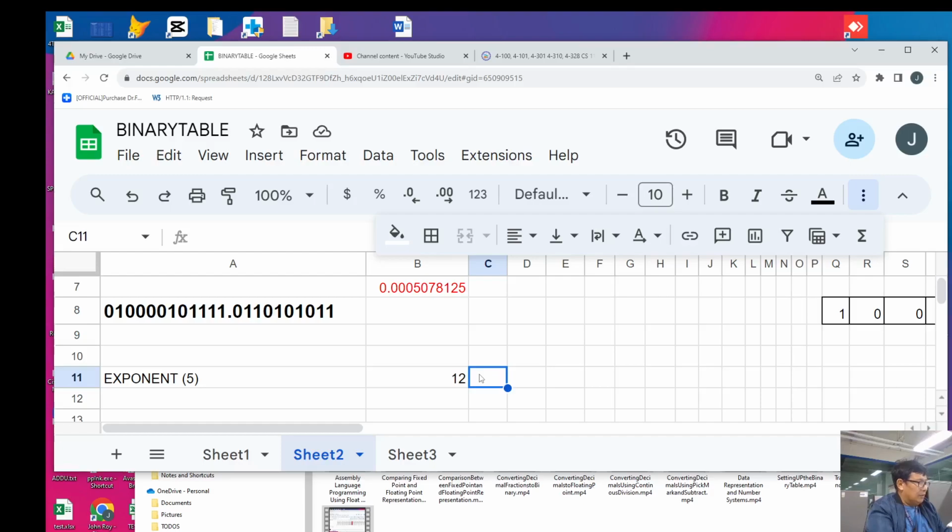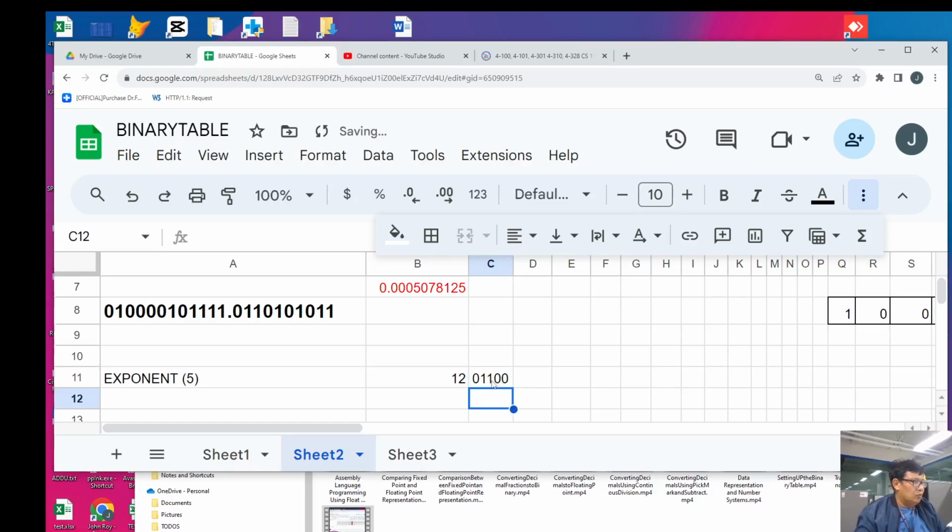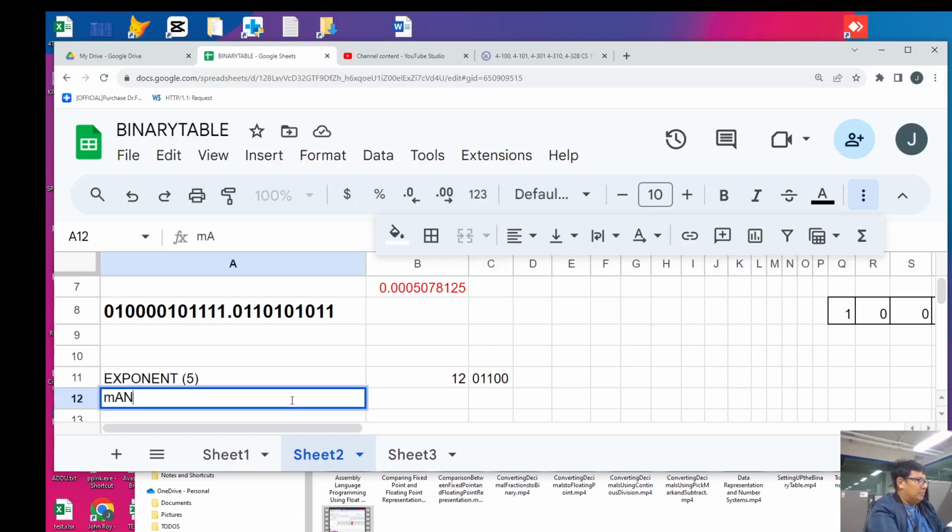And what will be the binary value in 5 bits? That will be 0, 1, 1, 0, 0. Is that correct? Let's find out. 1, 2, 4, 8. Yes. So this is 12. Because to have a 12, we'll have an 8 and a 4. I hope you follow. We have an 8 and a 4, and that is 12. Our mantissa, which is 10-bit,